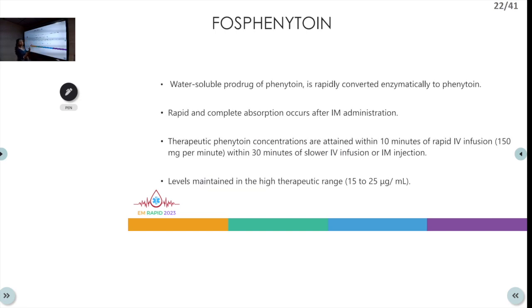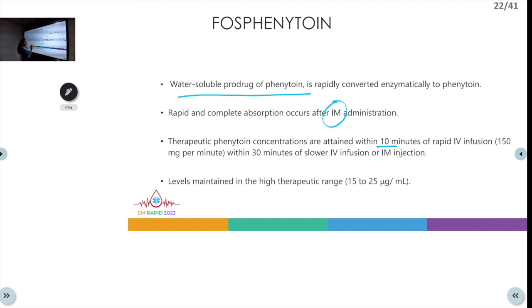And another drug is fosphenytoin. Fosphenytoin is actually a water soluble prodrug of phenytoin, and it will get converted into phenytoin. So the advantage of fosphenytoin is it can be given IV and IM also. Fosphenytoin will get converted to phenytoin within 10 minutes if we are giving it as a rapid IV